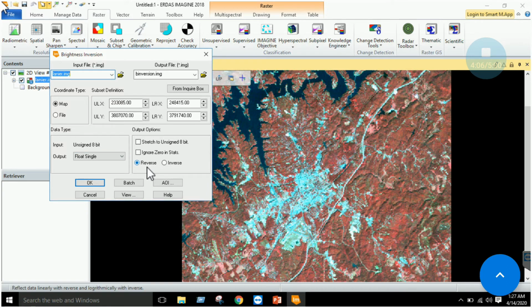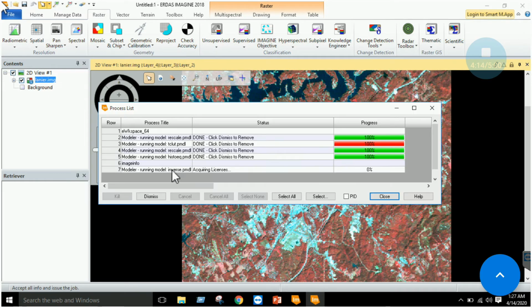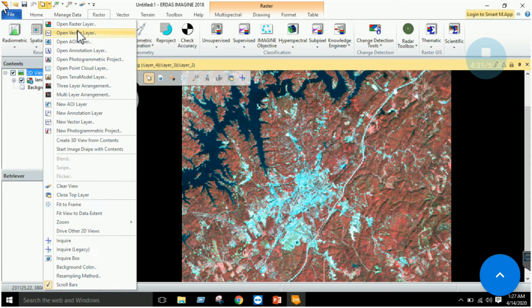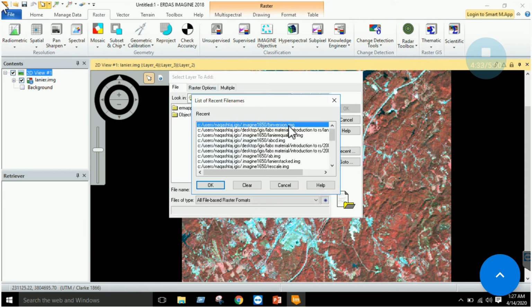Now specify the type. There are two options, one is reverse and another one is inverse. Okay, let's apply reverse first. Okay, once this process has been completed, just add your layer now.